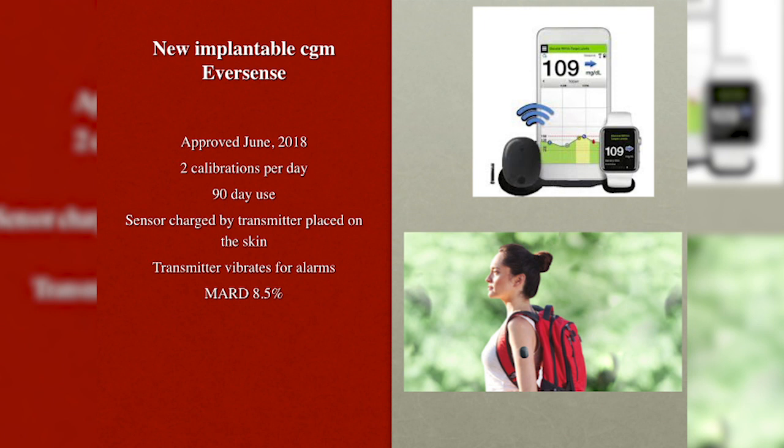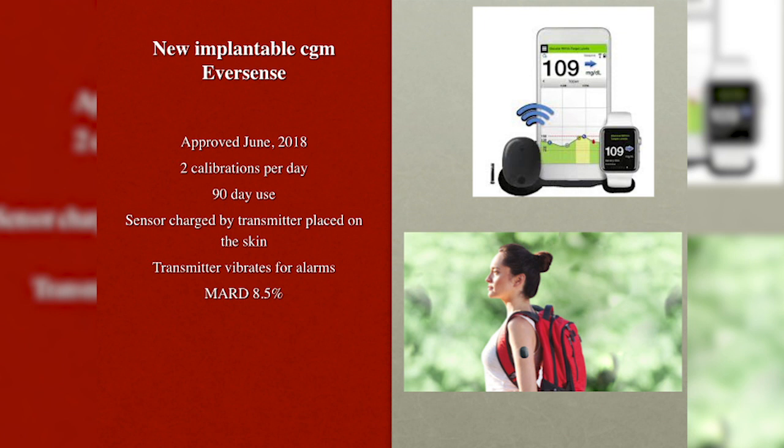It's an implantable sensor, so it's a tiny little sensor that's shown right over here. It does require 2 calibrations per day. It's inserted into the arm, and it's a little sort of semi-surgical insertion. It is a little cut, about 0.5 centimeter cut of the skin, and then it doesn't need to be sutured, so it's just a little steri-strip that we put on the skin. It heals pretty well, so it stays inside the arm for 90 days as of now here in the US.